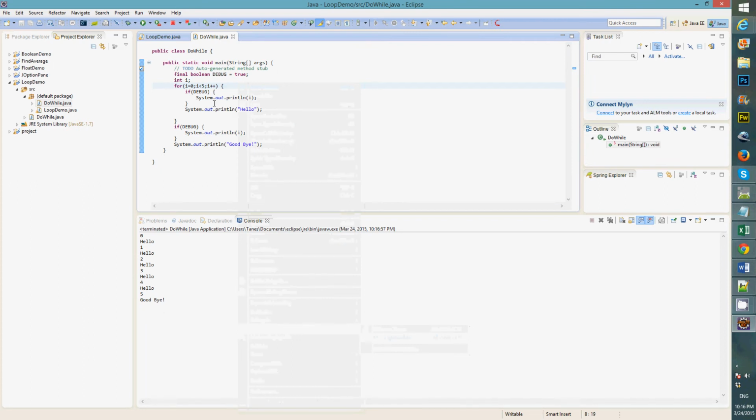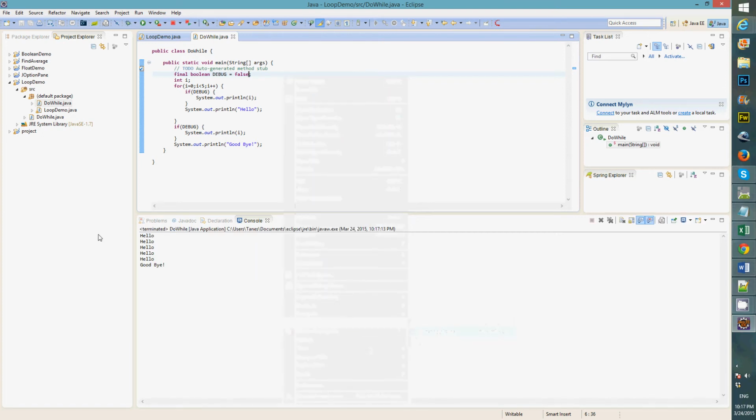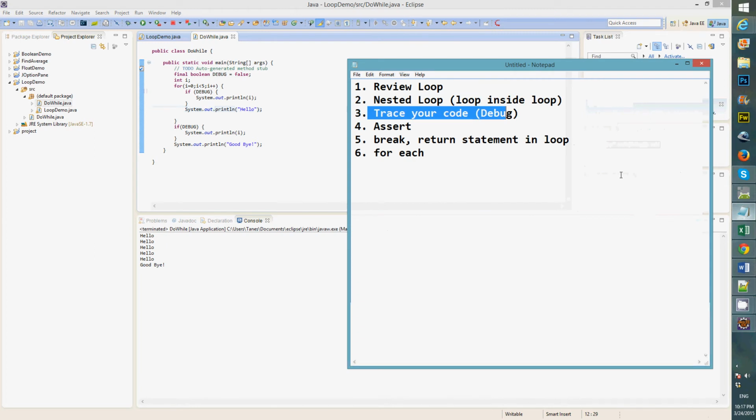So that's how we use the program to test. Now when you're done and you see that the program is working, you can just turn this to false and then you run this. It will never show you the trace of the program because we want only 5 hellos and say goodbye when you're done. So this if and debug helps. So that's how we do the tracing and debugging,